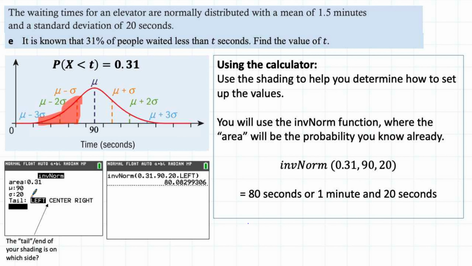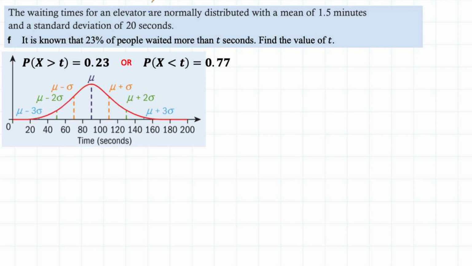Now, for older calculators, you will not have the tail option. The default tail is a left tail. So what happens if I'm shading more than? It is known that 23% of the people waited more than t seconds. So if I'm waiting more than t seconds, 0.23, again, where am I here? If I'm more than, it means my shading is to the right, but my shading is not more than 0.5. If it's more than 0.5, it means I'm crossing the mean boundary. So I'm somewhere here shading, or exactly at that t value, so this is my t value here somewhere,